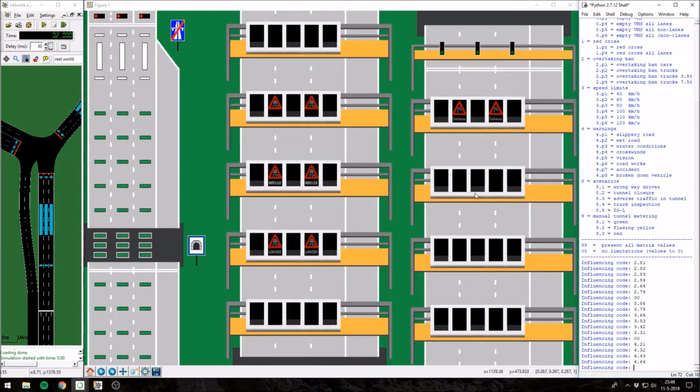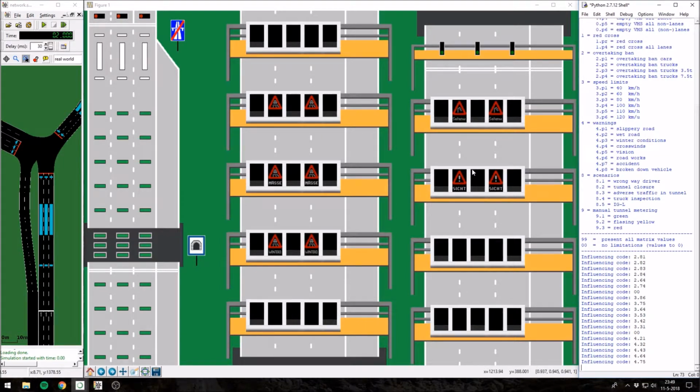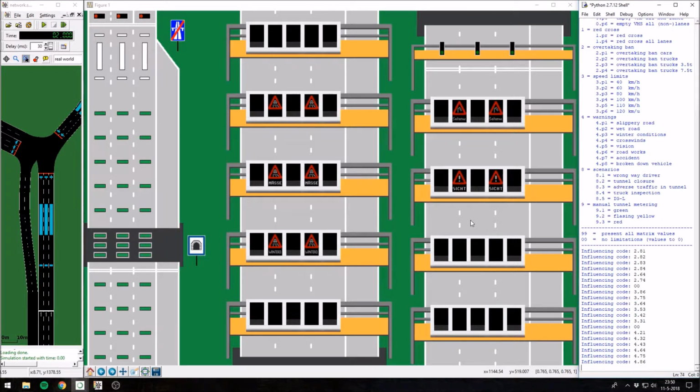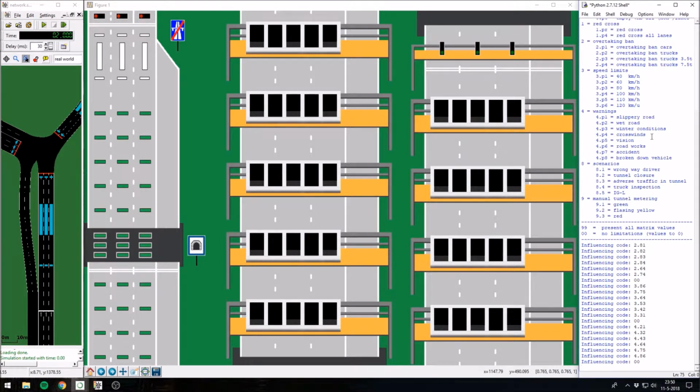Let's introduce the vision warning on the seventh portal, which is 4.75. And there you see it, it now says sight. And I can display the roadworks warning on the 8th portal, which is 4.86. Yep, and that's it. Okay, now there's two more warnings that can be shown through the VMSs, which is, the